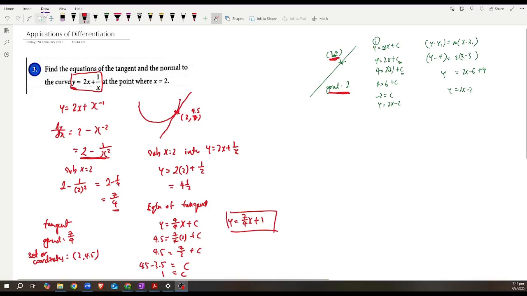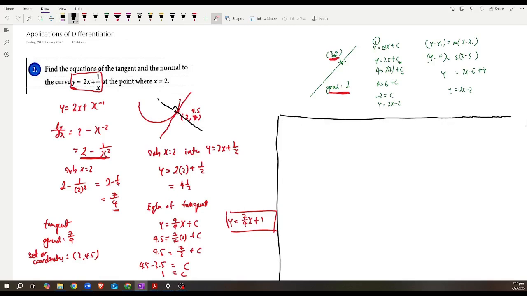To find the normal of the curve, same thing. Remember, the normal of the curve is the line that is perpendicular to the tangent. We can reuse this set of coordinates, so we don't have to solve for that again. For the normal, we have to find the gradient. We don't know that yet. But the set of coordinates that we can use will be (2, 4.5). The reason being because this